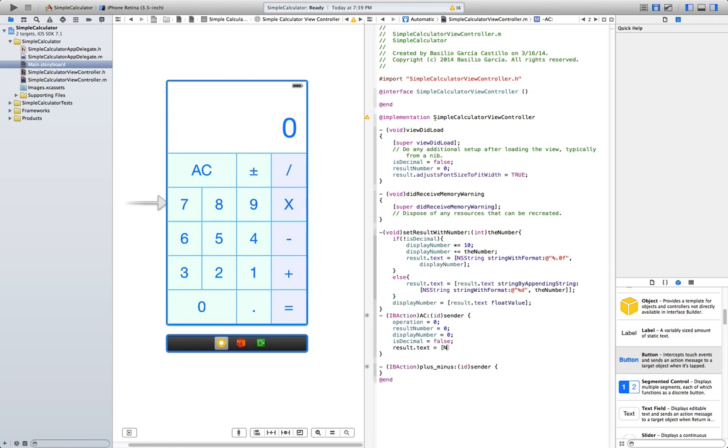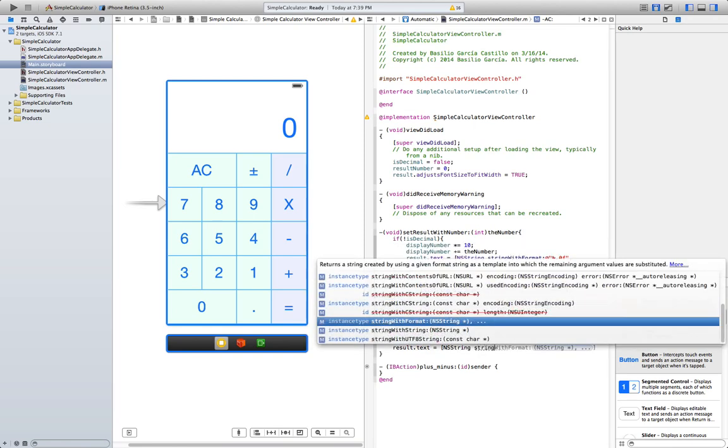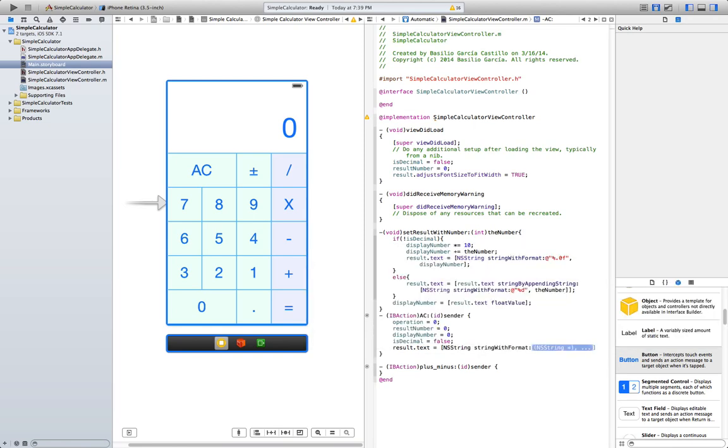So again, creating a string with format percentage I, comma 0, because we're just gonna show a 0 there. This is just some default value, so don't worry about it too much.